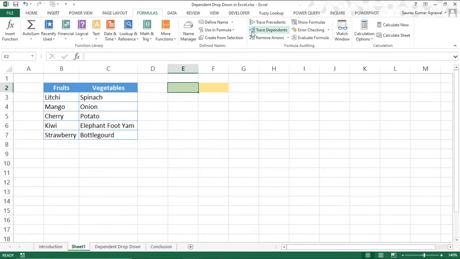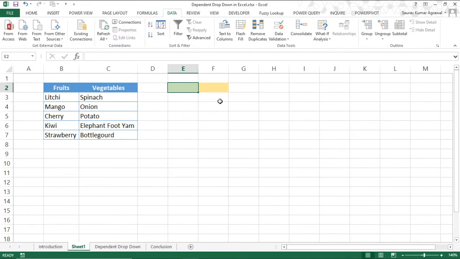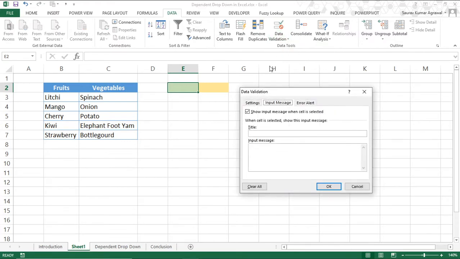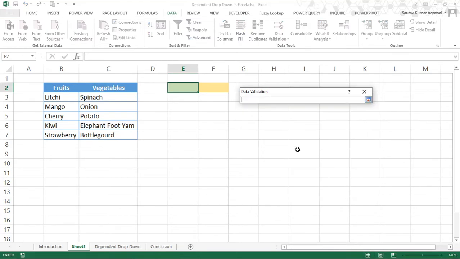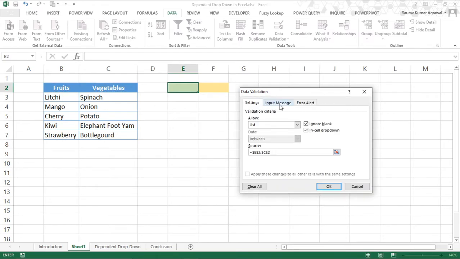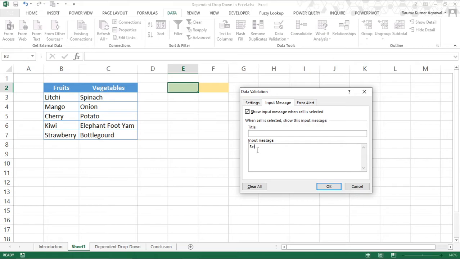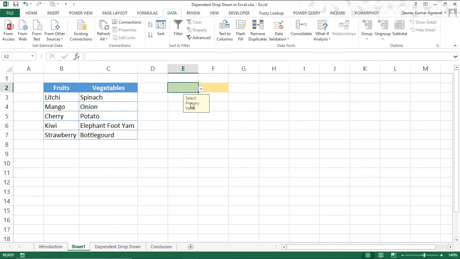Second step is we will simply create a data validation for the first selection. So we'll go to data tab and we are going to click on data validation. Here in the settings I will select a list, and in terms of source I will give this source because I want the first selection parameter to only show me fruits or vegetables. And in the input message let me just call out select primary value. That's all, and I'm done. So here it is showing select primary value and I have the drop-down activated. So let's say it's the fruits, that's the first one I have selected.